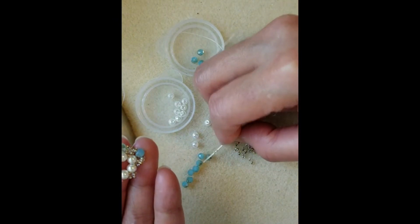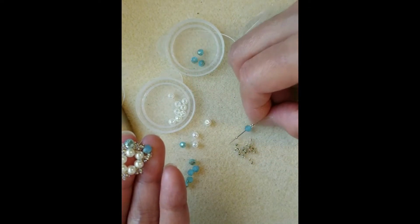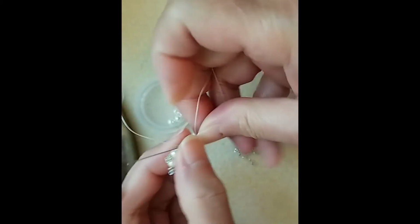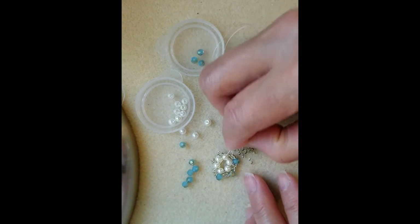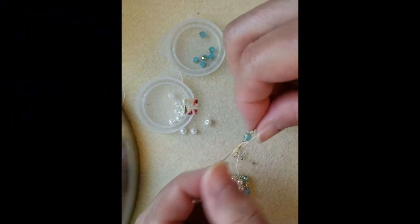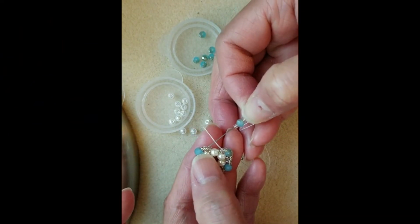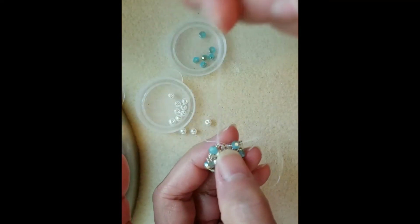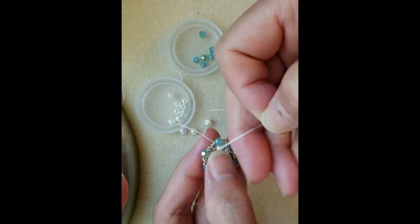two, glass and 2 seed beads, pass through, and I'll do the same here. Have my last set, pass through. Pass through the 2 seed bead, the glass,